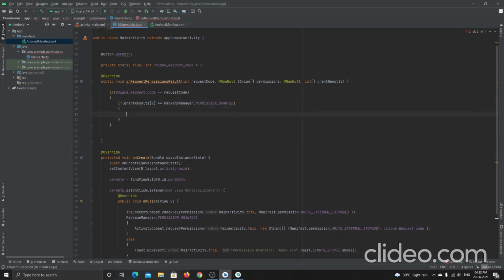Inside this if loop, I will use another toast method, Toast dot makeText. Inside makeText, I will pass the context first, MainActivity dot this. And then I will pass the message.